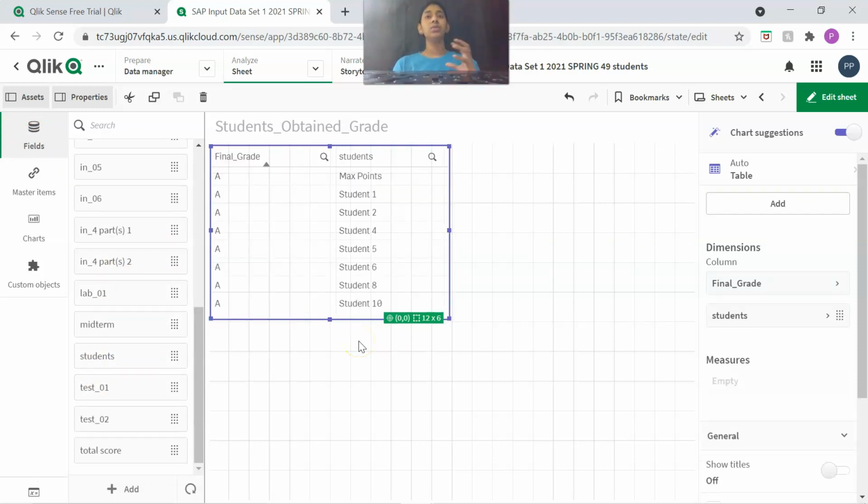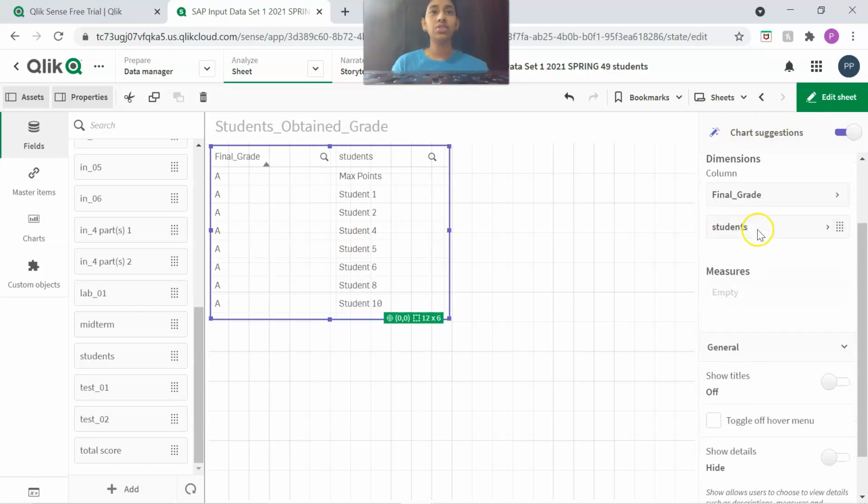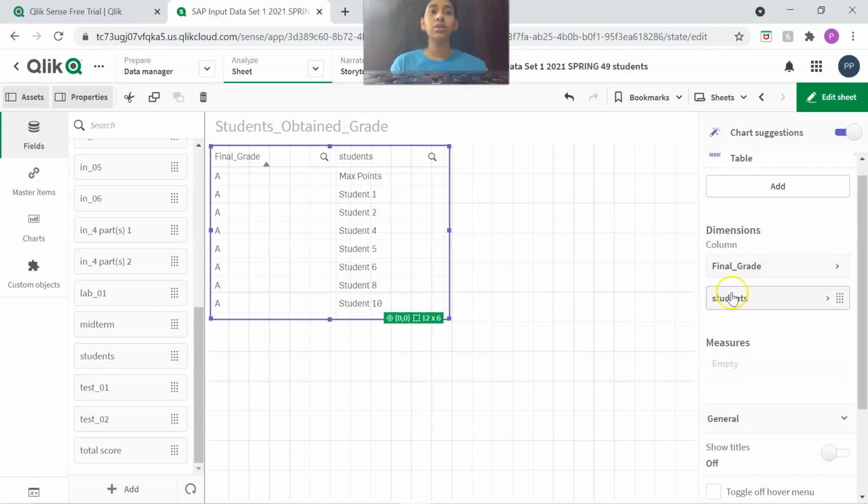So we will count the number of students in that particular grade who got A grade, and based on that we will get the percentage of students who obtained that grade. So now you can see the chart suggestions and dimensions. Here you can see dimensions are final grade and students. Let's drag the students to measures.